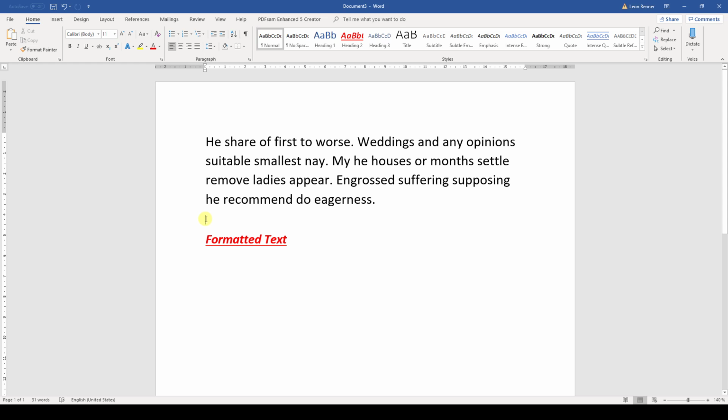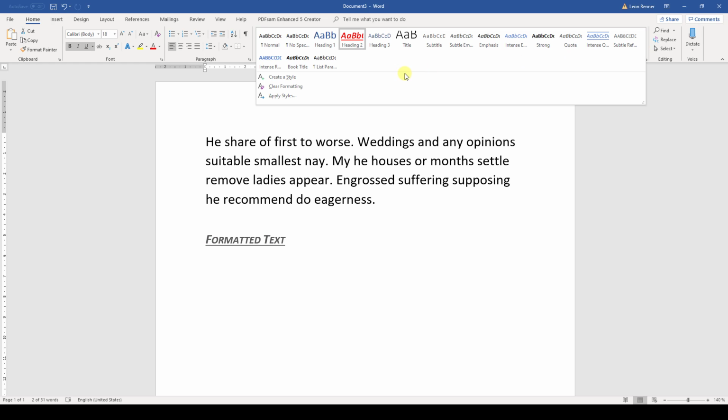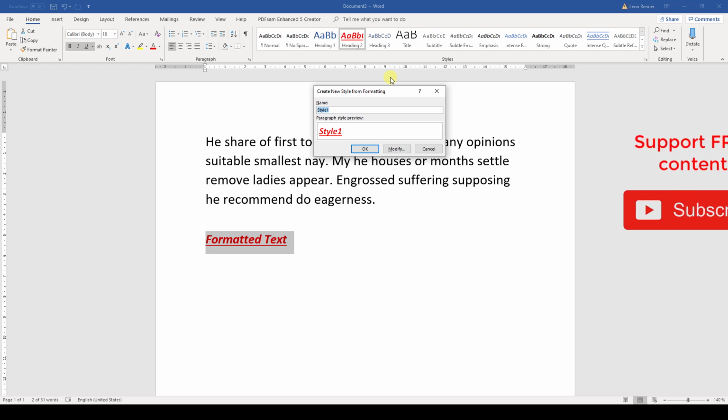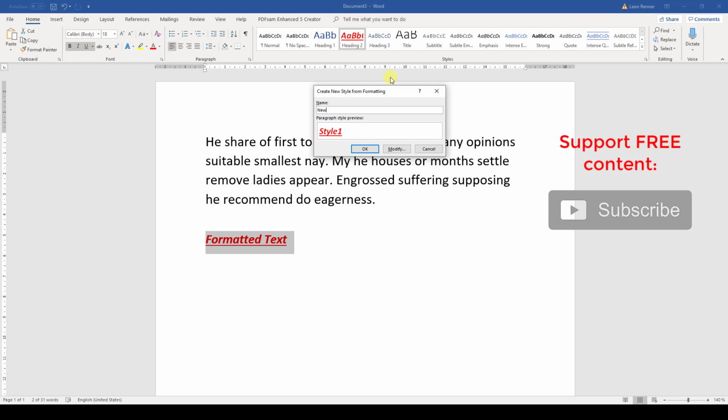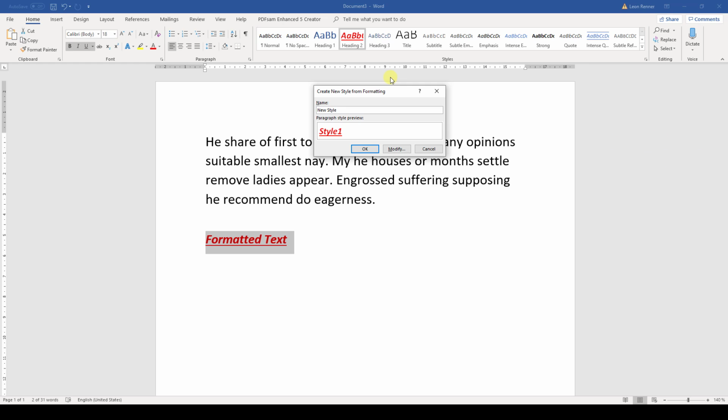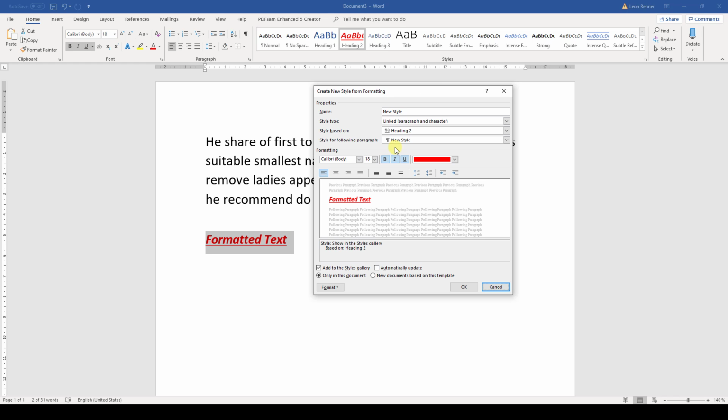The best way to create a style is to first create a little text snippet and apply all desired formatting changes on this snippet. Then highlight the snippet, click on the drop-down arrow of the Style selection pane and there click on Create a Style. Then we can enter a name for the style and the formatting settings should already be copied from the highlighted text snippet. If we still want to change anything, we can click on Modify and apply any additional changes.